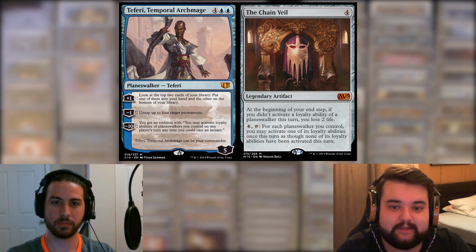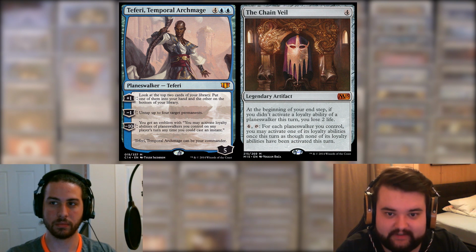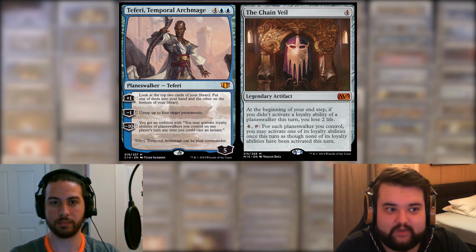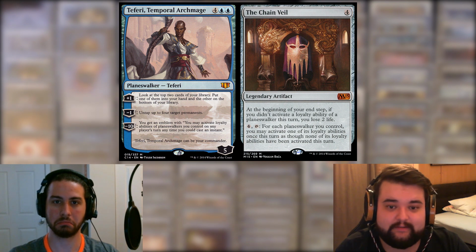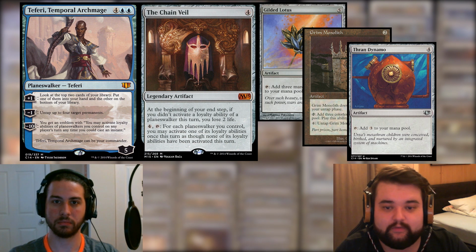So, the Chain Veil is a 4 mana artifact where you can pay 4 and tap it to activate a Planeswalker ability of a Planeswalker as if it hadn't been activated before this turn. So basically, every time you tap the Chain Veil, you are allowed to activate one of your Planeswalkers once more. Thanks to Teferi's -1 ability, we can untap the Chain Veil and keep doing that while Teferi ticks down. And we can also untap a bunch of mana rocks at the same time, allowing us to make enough mana